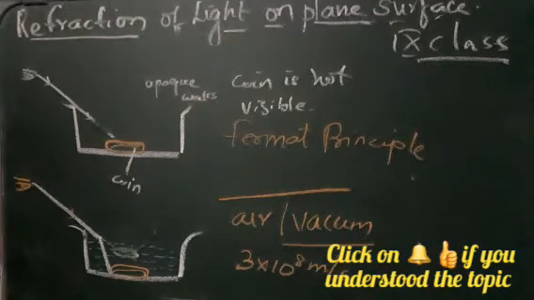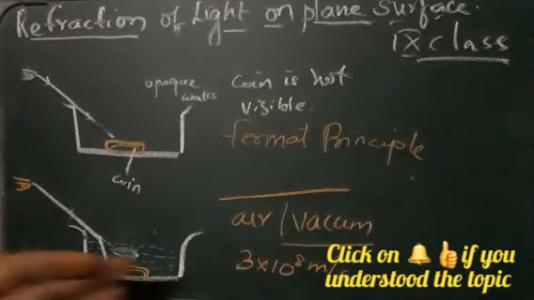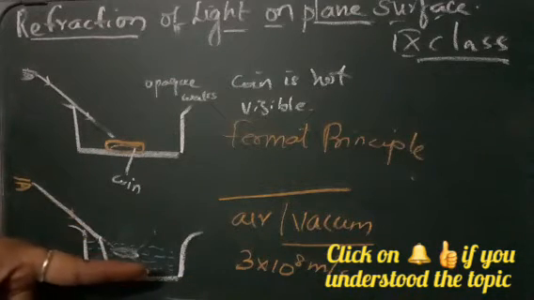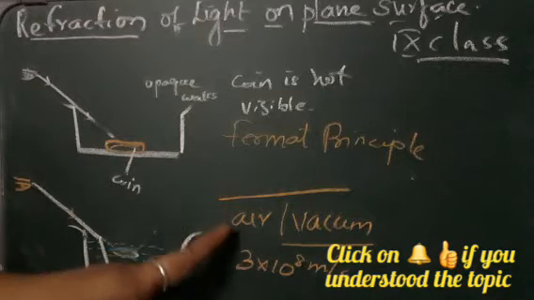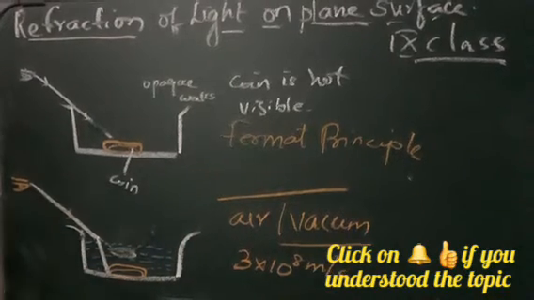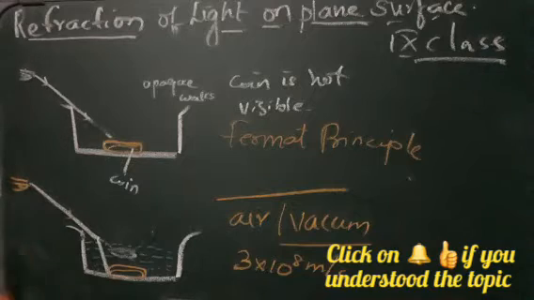If we see the speed of light, it is 3 into 10 to the power 8 meters per second. Whereas if you allow the same light to travel through water, you can see that the speed decreases. How it is happening, we will learn further. So with this we can say that light chooses its path on its own, and when it is traveling in two different mediums like water and air, it changes its direction.